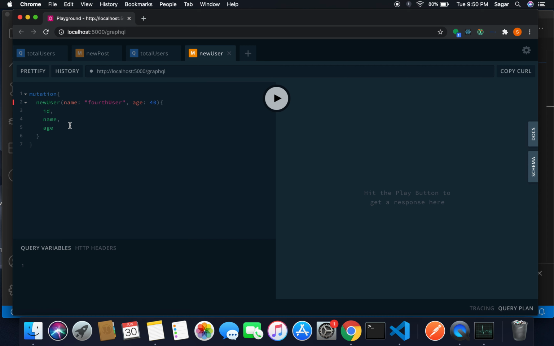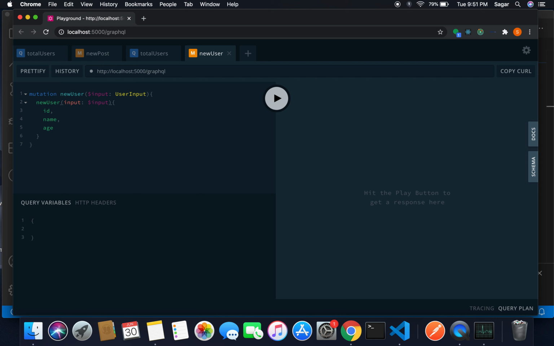Now in place of the newUser in the mutation, I'm going to use, after the mutation, newUser, and inside it I'm going to use a variable called input, and it should be UserInput as we saw earlier. And inside, in place of this newUser, I have to pass the value of the input variable we are using above. So inside input I'm going to use the value of input here. Now inside the query variable,